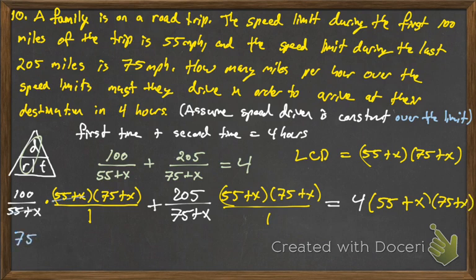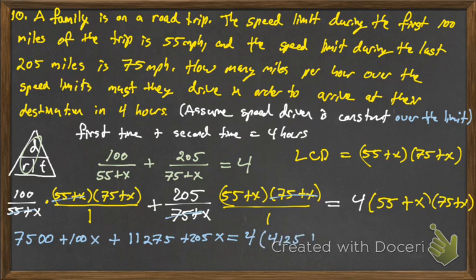All right, then we get to play the canceling game. So the 55 plus x is canceled. Then you're going to have 100 times 75, 7,500. 100 times x is 100x. On the second part, the second term, the 75 plus x is canceled. You're going to have 205 times 55, which is 11,275, and then 205 times x, 205x, equals 4 times 55 times 75, which is